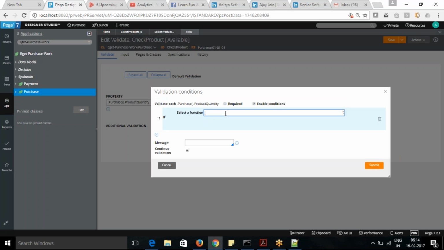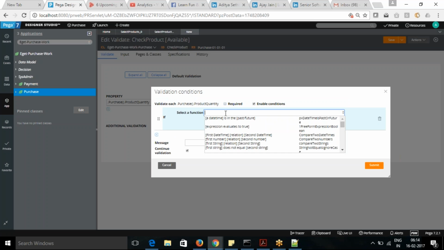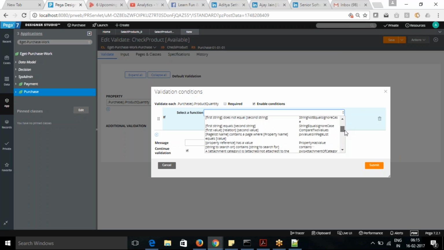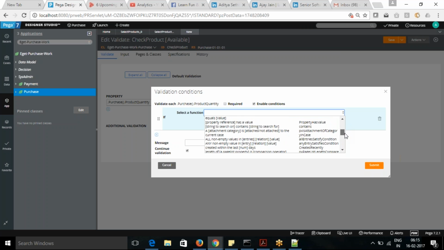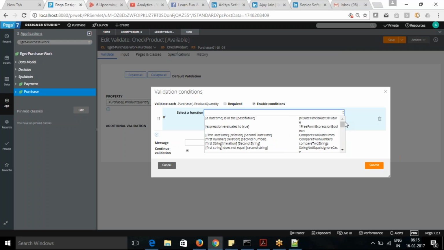If you can see, there are various types of functions available. Pega has provided these to give the feature, so you don't need to write the code for it. They have given functions, and to simplify that, they have given an example. So here, if we say we want to compare